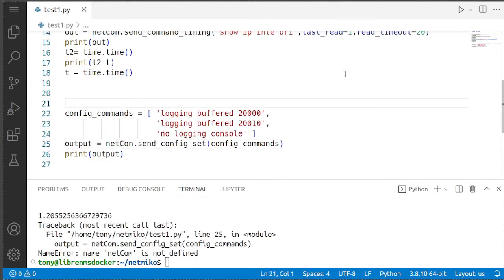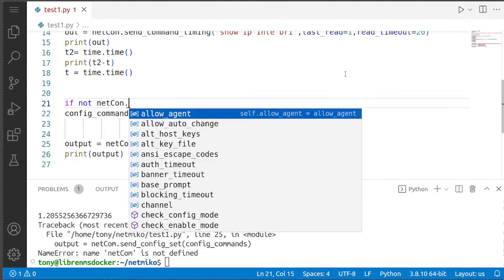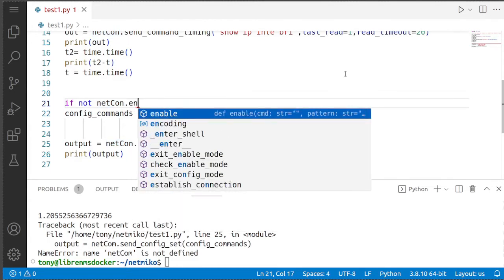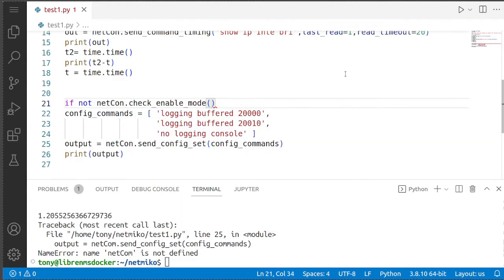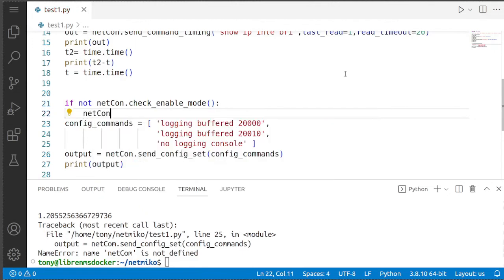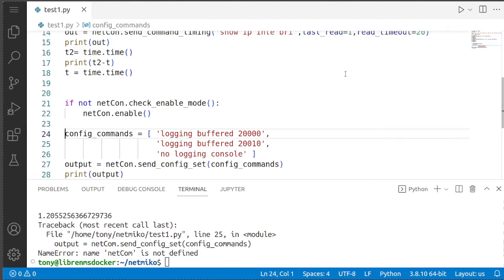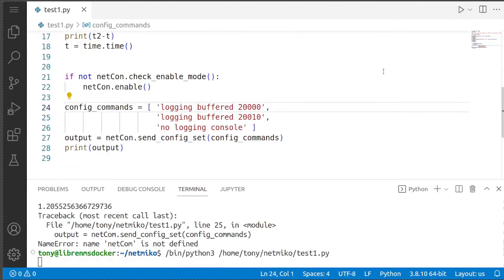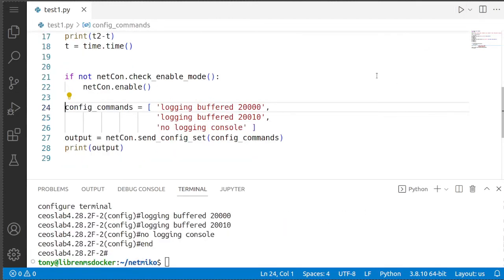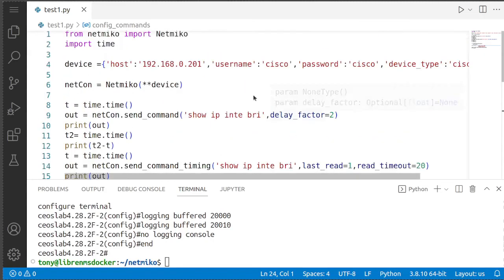Okay, and also I remember you need to go into enable mode. So that's just to use more functions. If not, is it called to check enable mode? So if you're not in enable mode, go into enable mode, then run these commands. Okay. Also something to mention: if the device has a secret, you just specify that